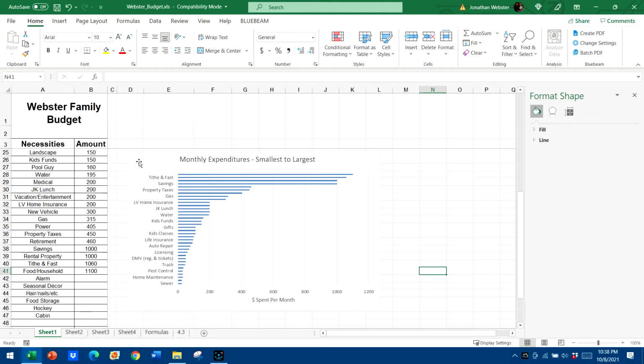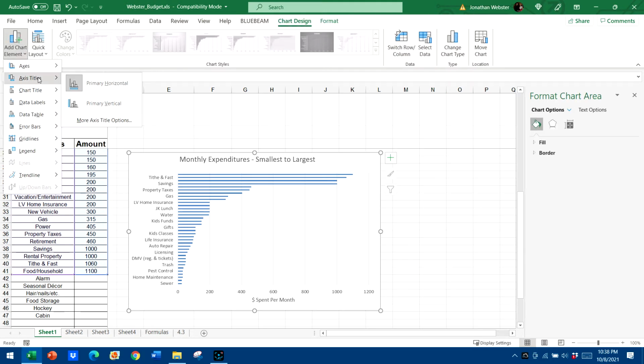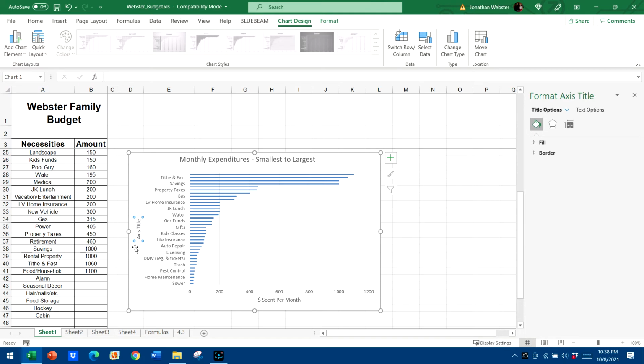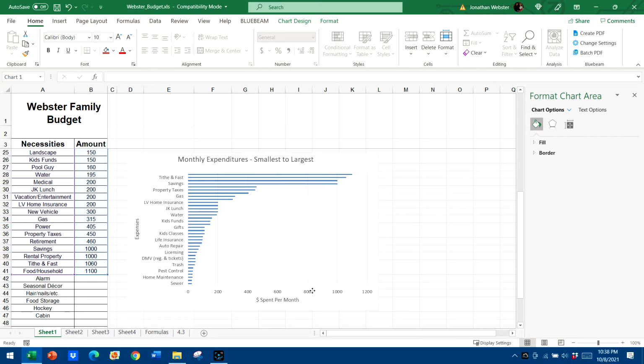We can add another axis to this, vertical, and we can call that one expenses. Is that right? So now we got our expenses here. We got our monthly cost that we're spending. Like I said, there's probably a way to click on those things, and